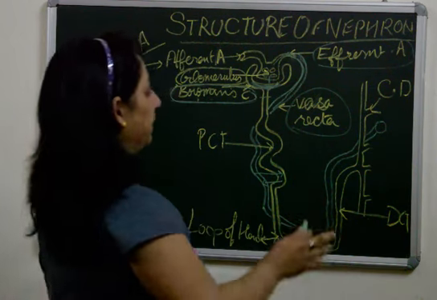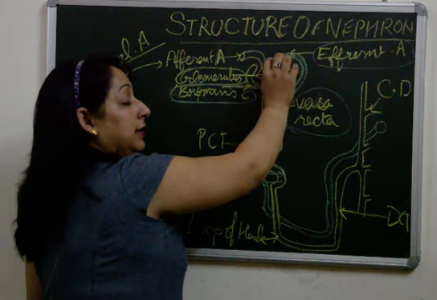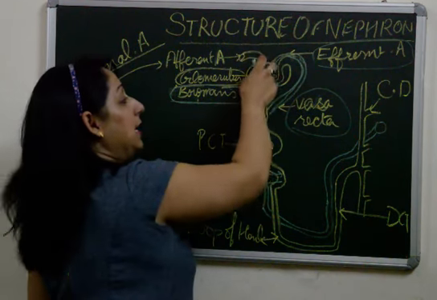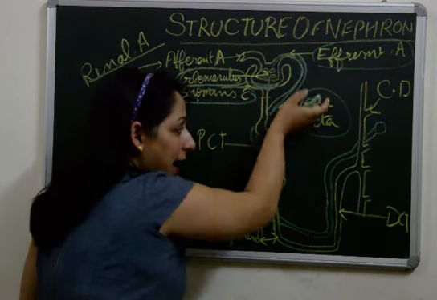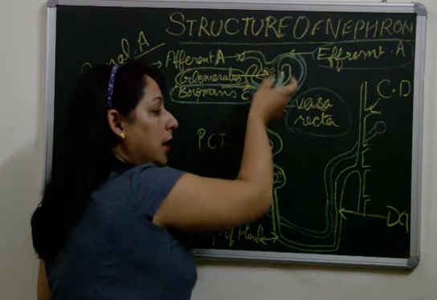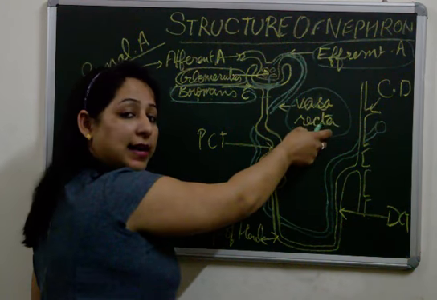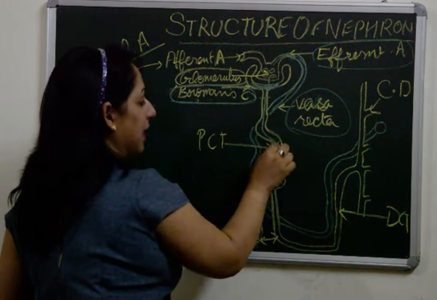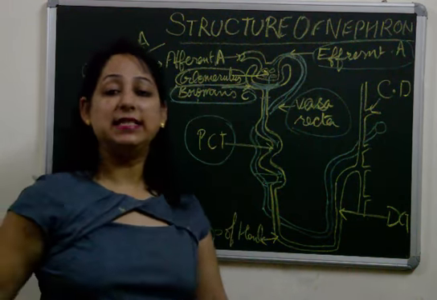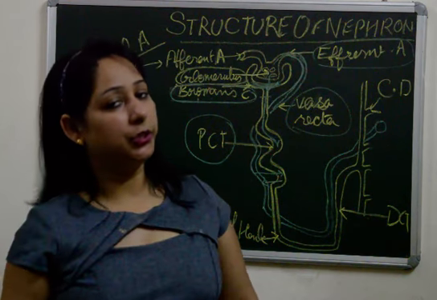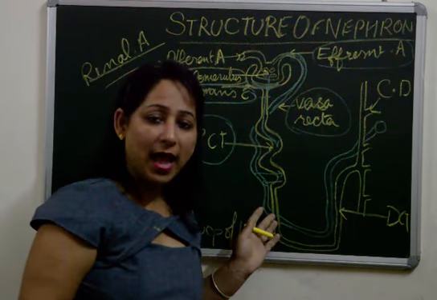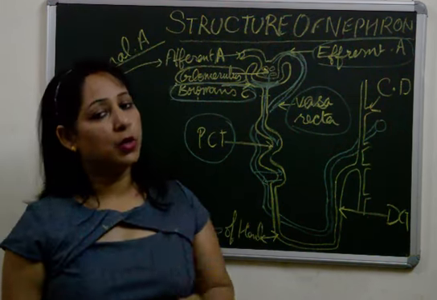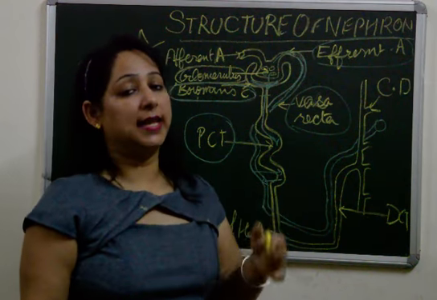Now what will happen here? The blood comes in the glomerulus, filters out, the leftover blood passes to the efferent arteriole and is passed parallel through the nephron in vasa recta, whereas the filtrate which is there in Bowman's capsule will move to the next level, that is the PCT, proximal convoluted tubule. In PCT, what will happen? The reabsorption of water and sodium and chloride ions will start taking place.